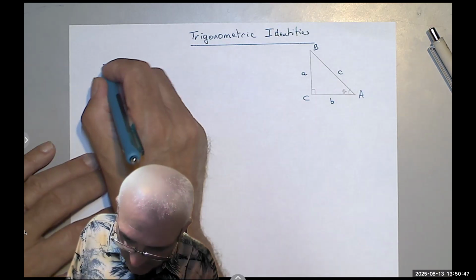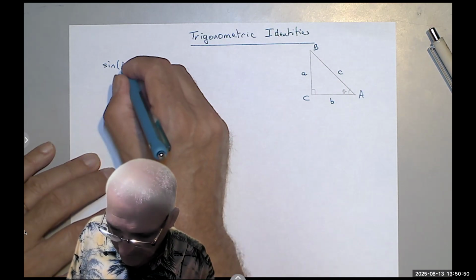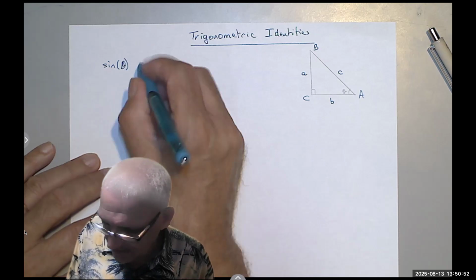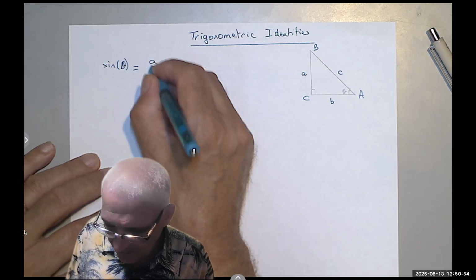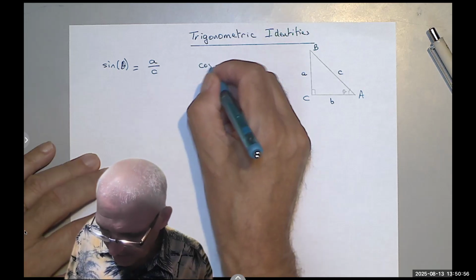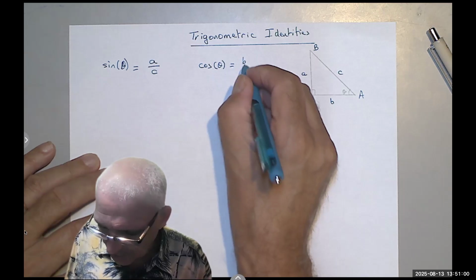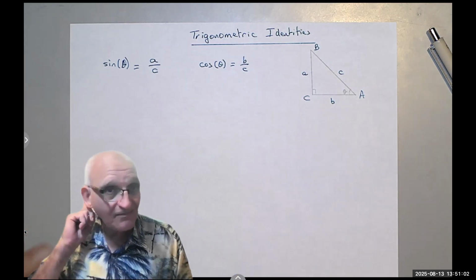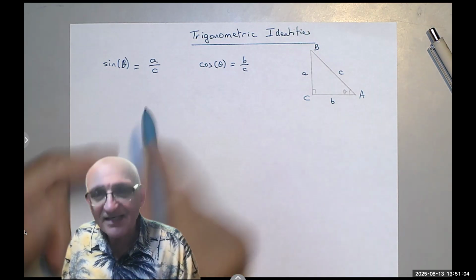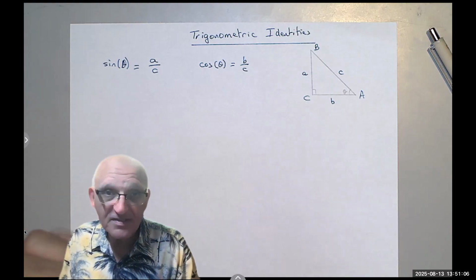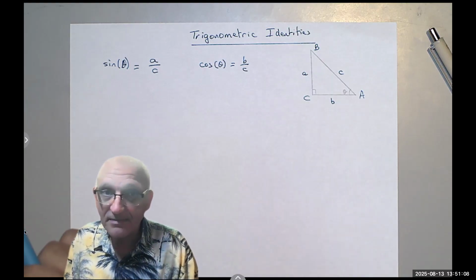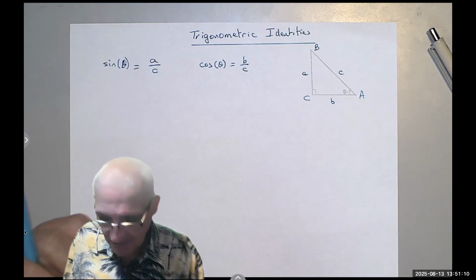We know that sine of theta equals opposite over hypotenuse, and cosine of theta equals adjacent over hypotenuse. Okay? So if we take a over c and b over c, square them and add them up, meaning what